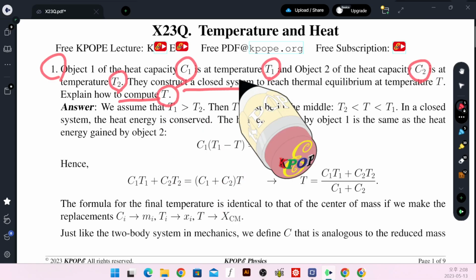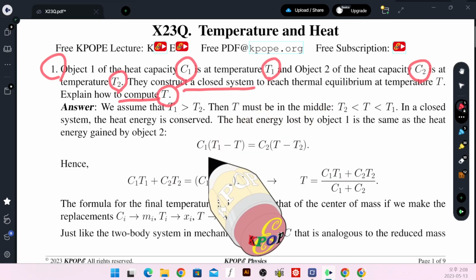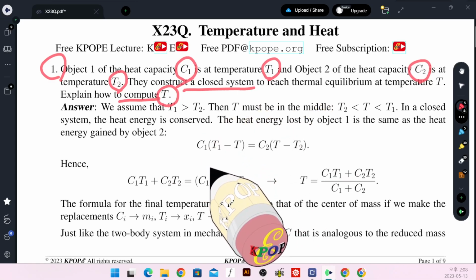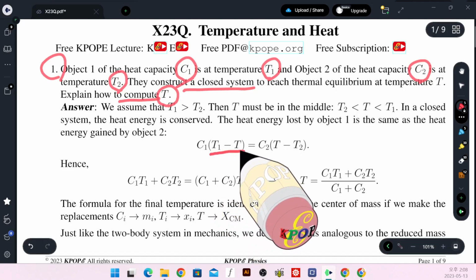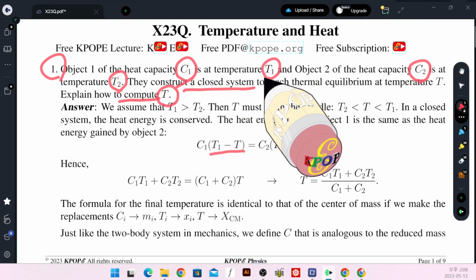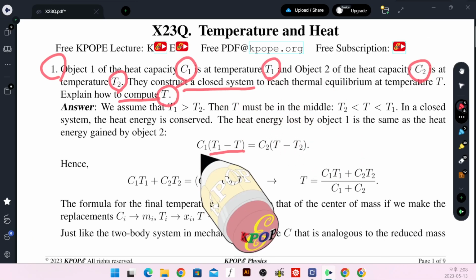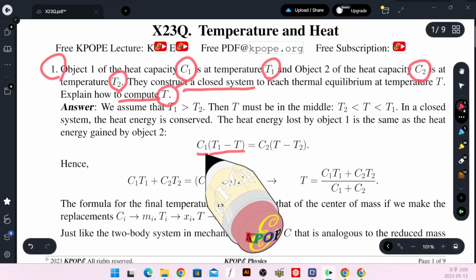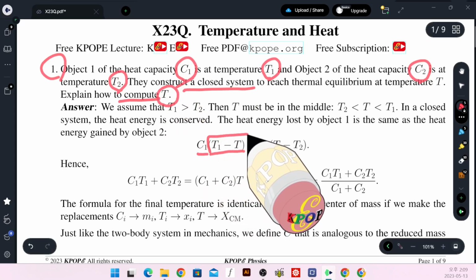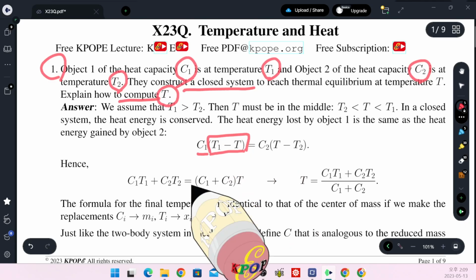So this problem can be solved by considering the energy conservation. The heat lost by the hot water is its heat capacity C1 multiplied by the temperature difference from the hot